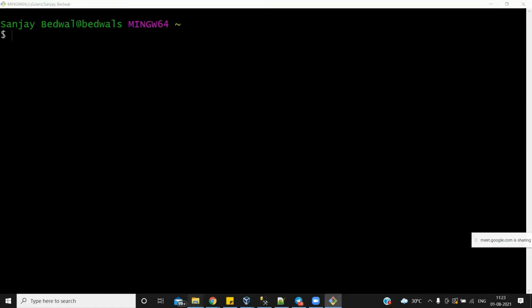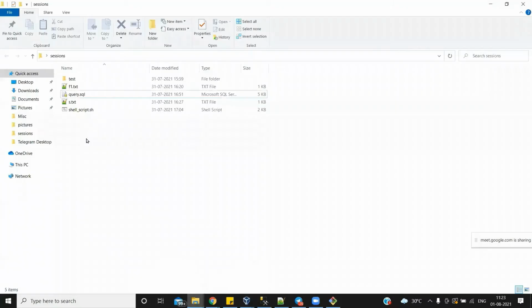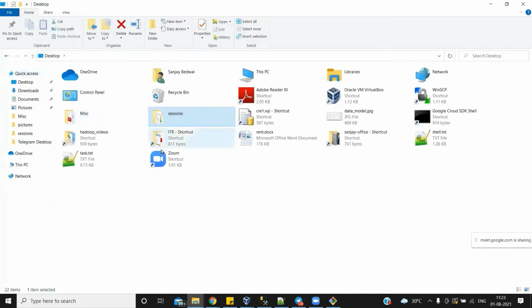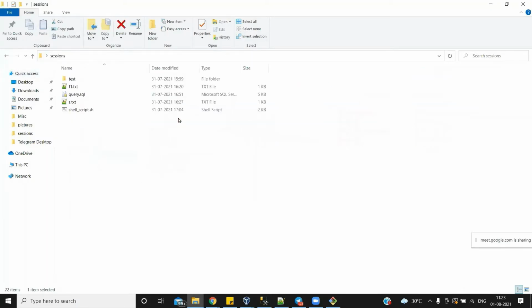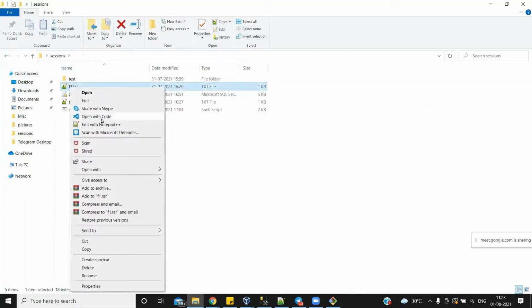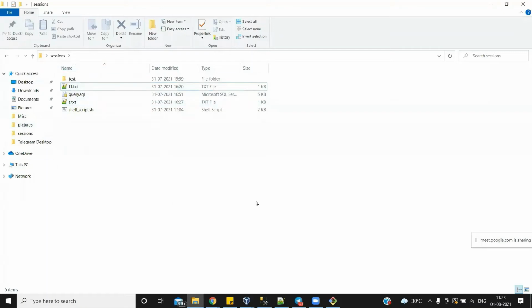When we work in a Windows environment, navigating between directories is very simple. We all have this button for going back to the previous directory, or wherever you want to go, you just need to double click on the directory. If you want to open it, you just have to right click and open it, right? Similarly, we do not have these kinds of options in Unix. So how are we going to navigate? If I have to jump back to my parent directory, or I want to check my child directory, go inside it and check what content it has, how will we navigate?